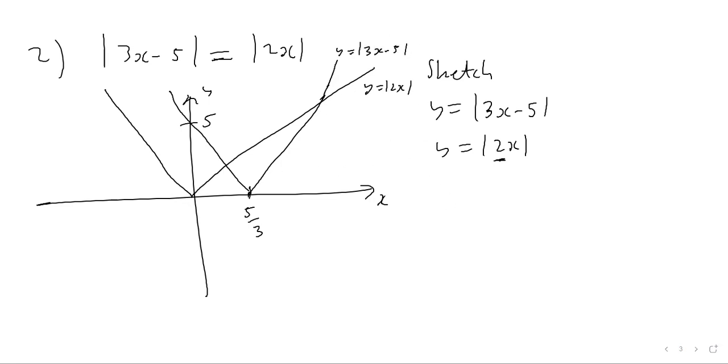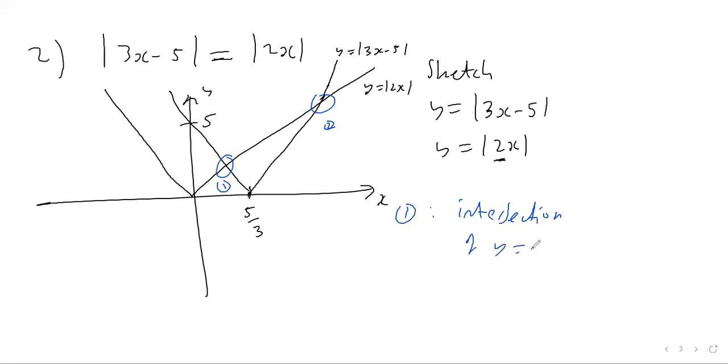So where do they intersect? We've got 2 points of intersection here, there and there. Let's think about the first point of intersection. This is when the modulus of 2x graph intersects with the left-hand part of the modulus of 3x minus 5 graph. In other words, I call this number 1 there, and I call this number 2. So for number 1, this is the intersection